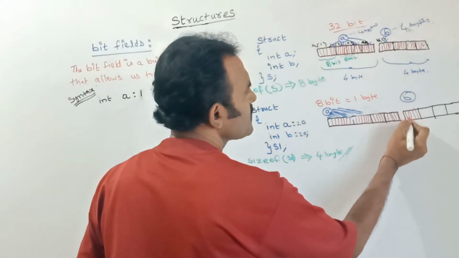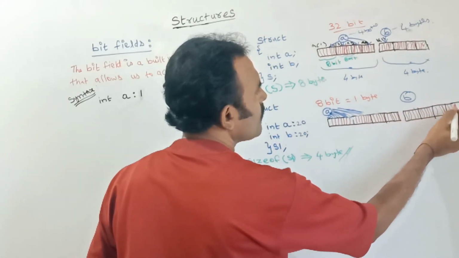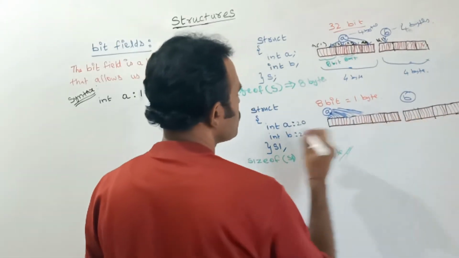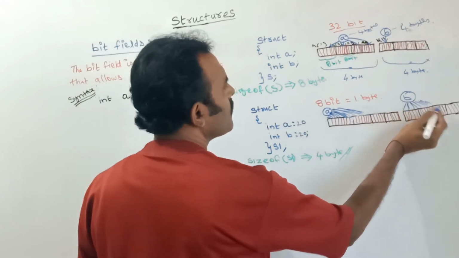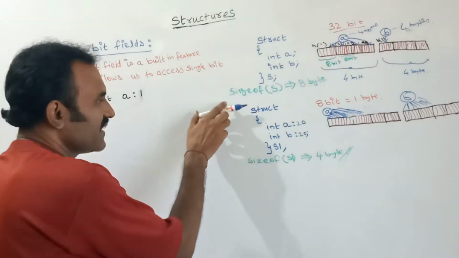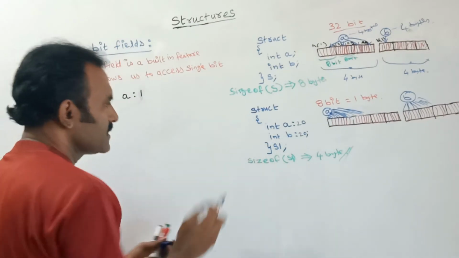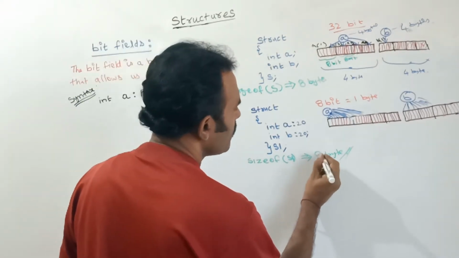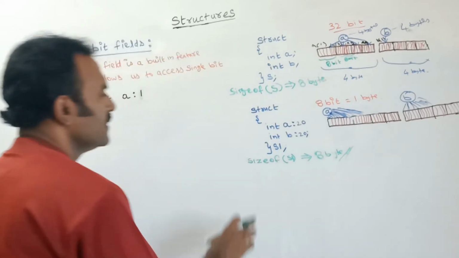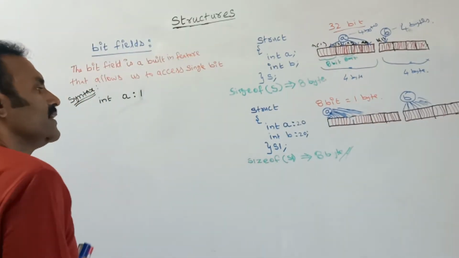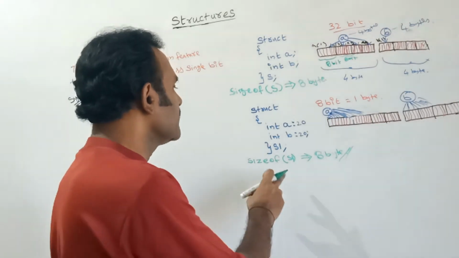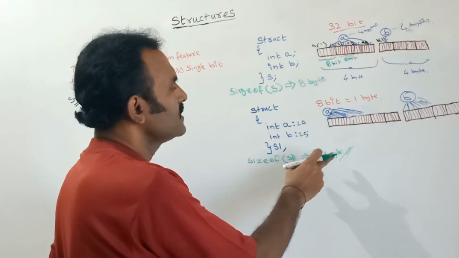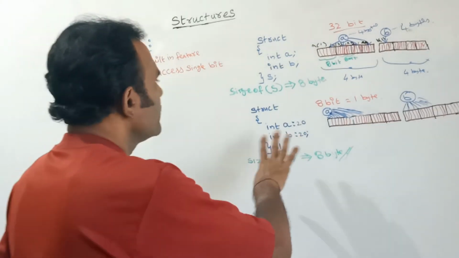Each and every byte has 8 bits. So here this one for 20. So if I am finding the size of this structure, then the structure size will be how much? 8. Size will be 8 bytes. See, the sizeof operator shows the memory in bytes. So when we print the size of this bit field, it will show 8 bytes. See, in this way the memory was allocated.